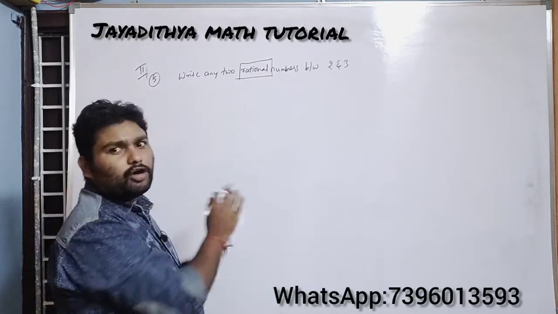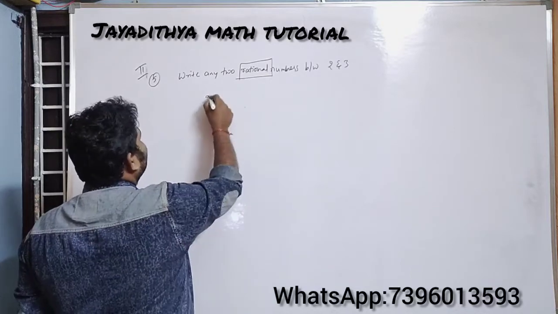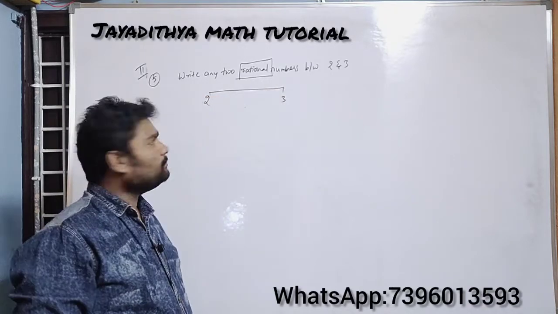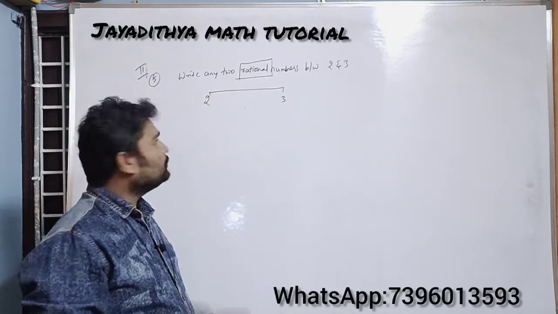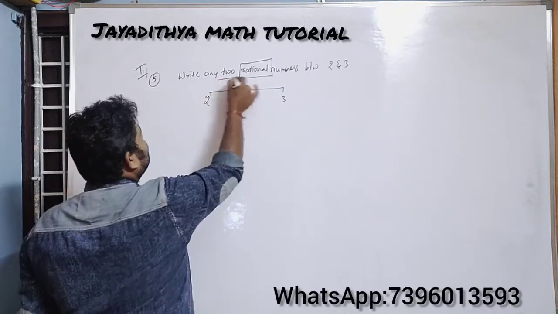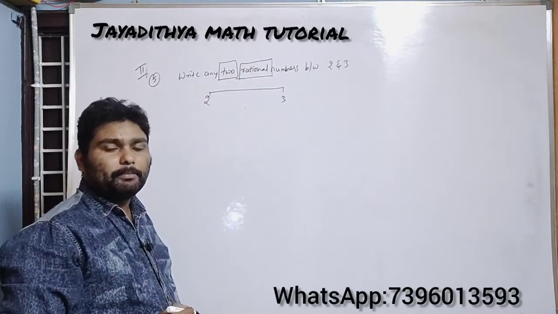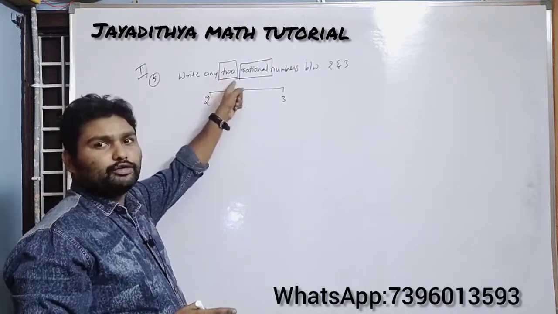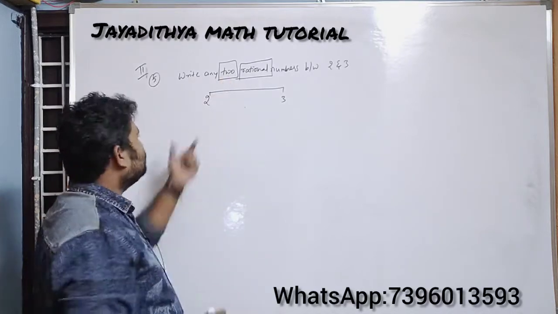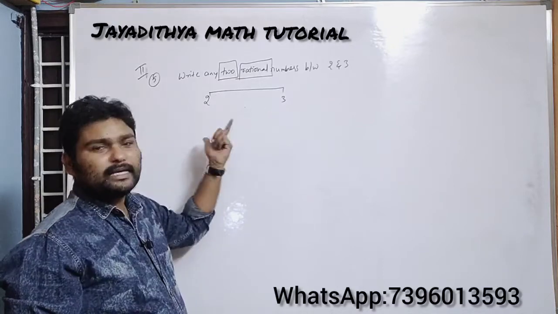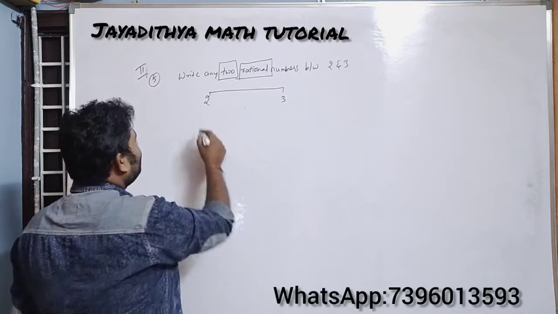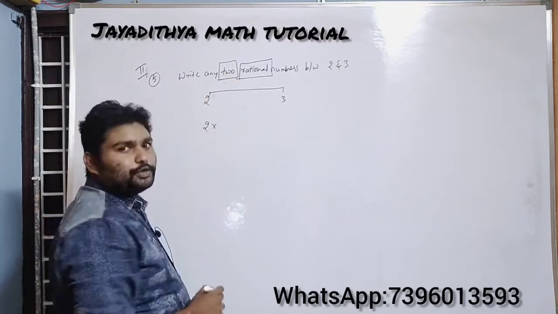So see here how to solve this, it is a very simple problem. You should find some rational numbers between 2 and 3. The thing is how many numbers he is asking. He is asking 2 numbers, which means you multiply and divide both numbers by 2 plus 1. It will be easy when the denominators are equal. Here there are no denominators, but you can think there is 1 here. So he is asking 2 numbers, so I'll